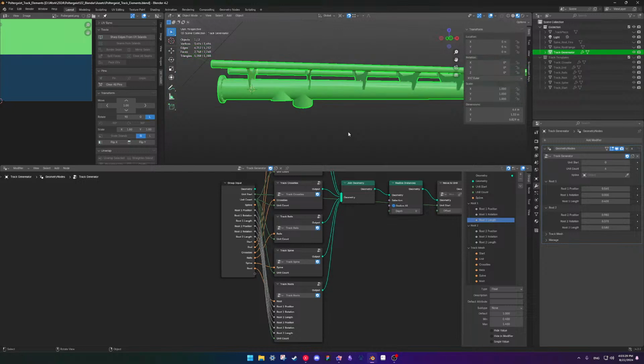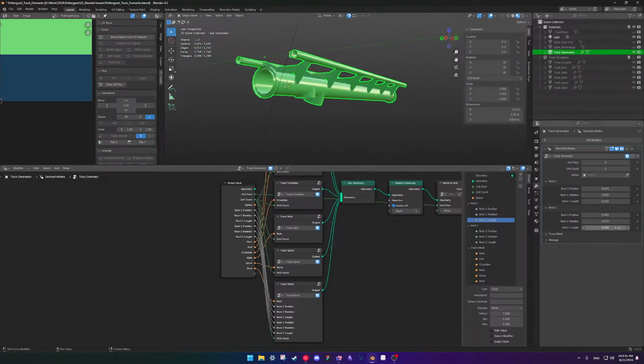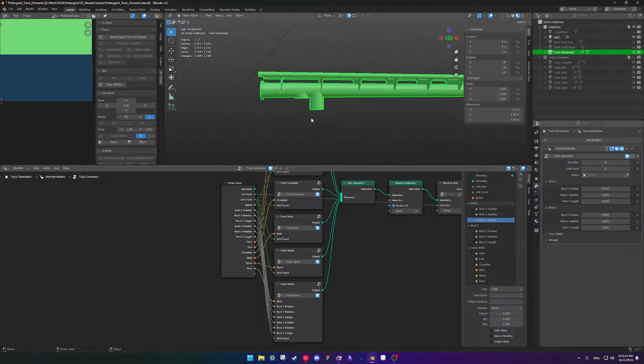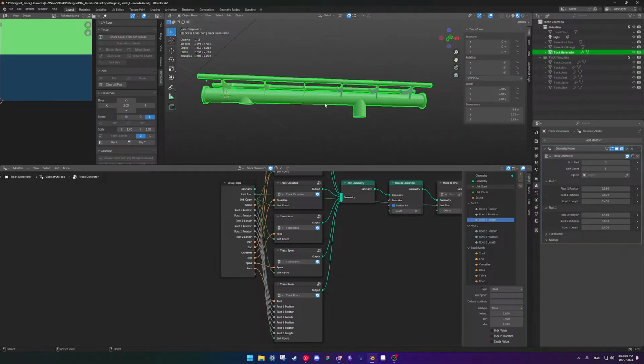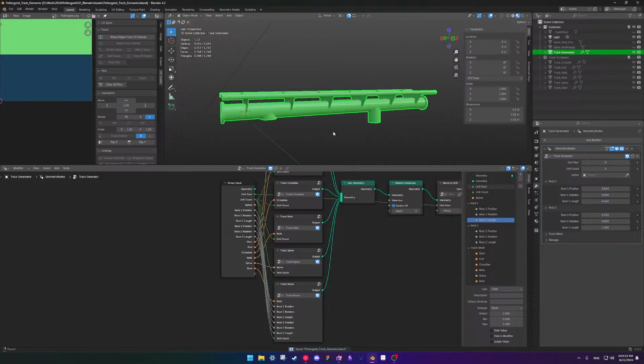Default to 1. So this needs to default to 0. Length needs to default to 1. Alright, perfect.